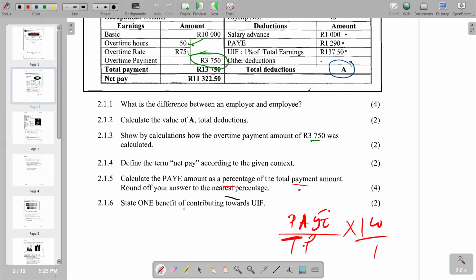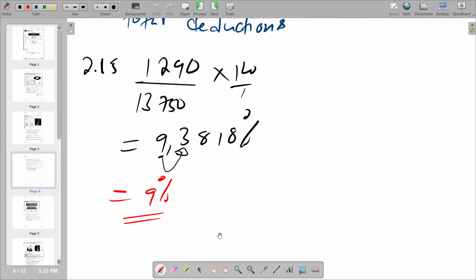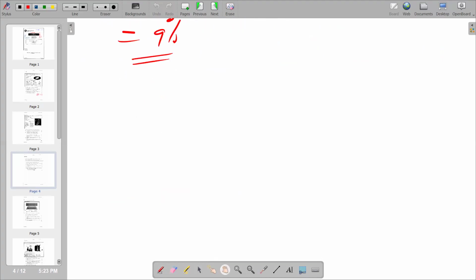State one benefit for contributing towards UIF. And we know that UIF stands for Unemployment Insurance Fund. So one benefit is that it gives short-term relief to workers when they become unemployed. So we come here and we state that benefits by saying